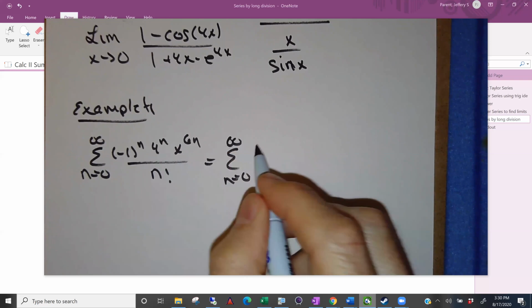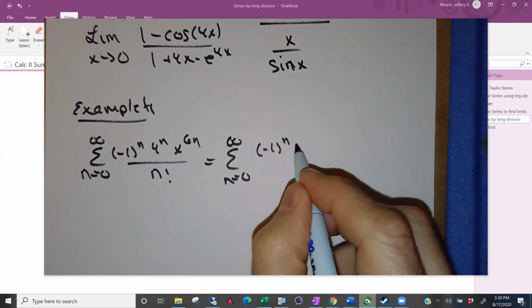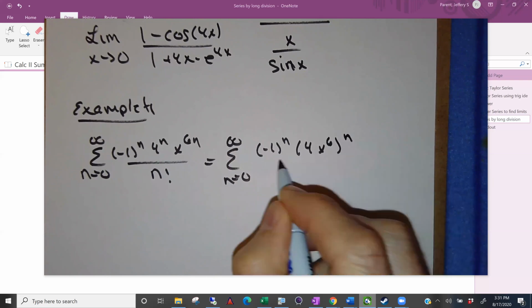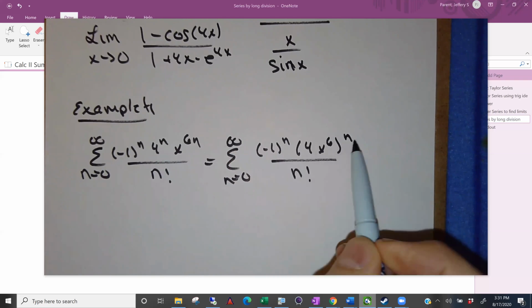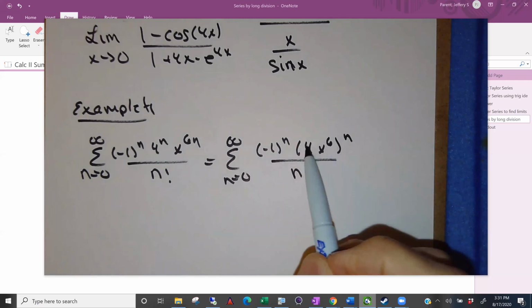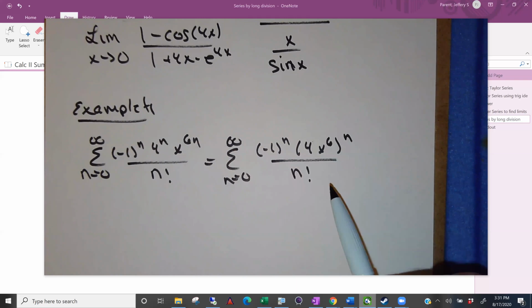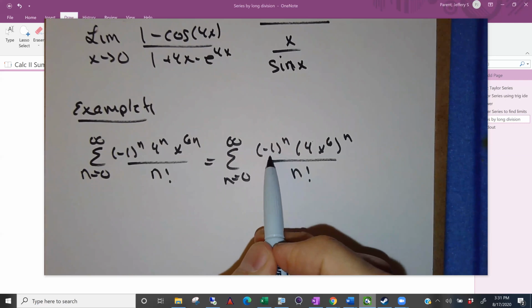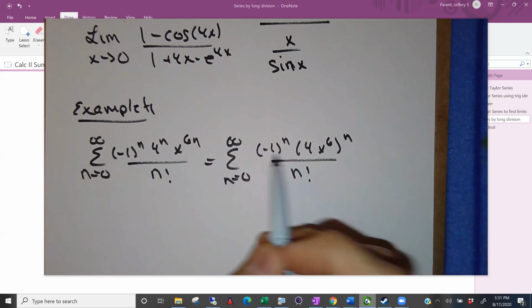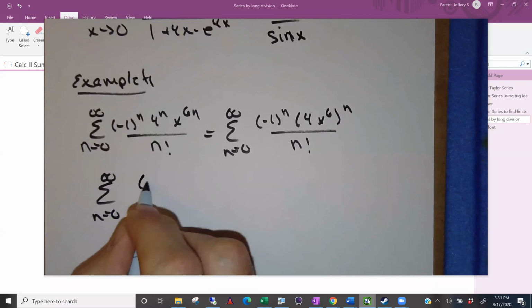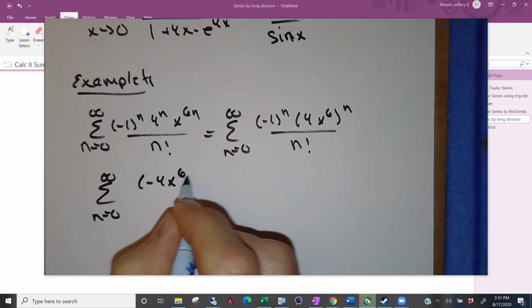We'll take care of the -1 in just a minute. -1 to the n. I can think of this as 4 times x to the 6, both to the n power, right? Because if I remove the parentheses, this multiplies each of the exponents on the inside. So I'd have 4 to the n, x to the 6n. And you know what? Playing that same game, I can sneak this -1 inside here as well. So I finally get the sum from n equals 0 to infinity of (-4 x to the 6) raised to the n